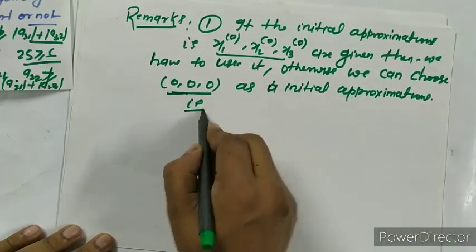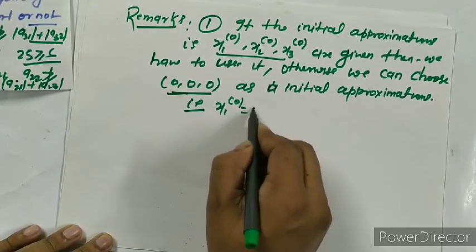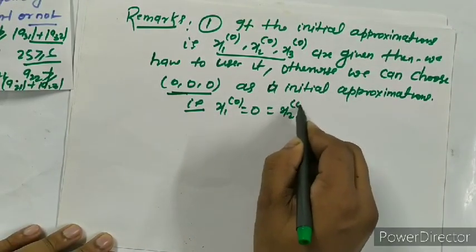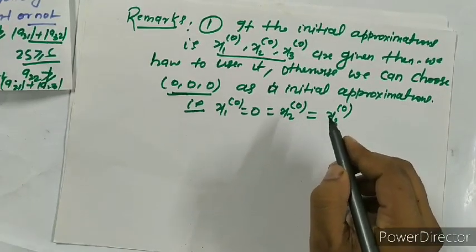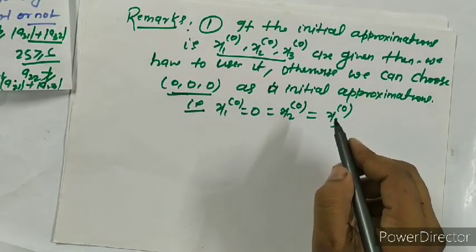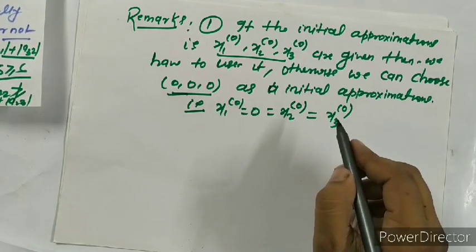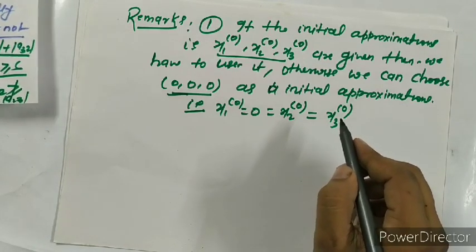Okay, that is x1(0) is equal to 0, initial approximation, x3 at initial approximation. Okay, so in the next step what we have to do,